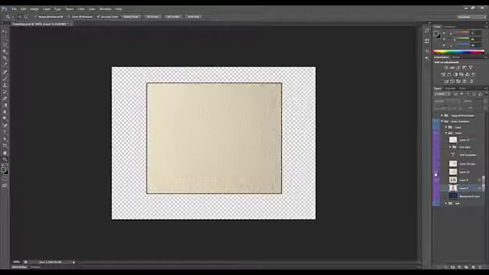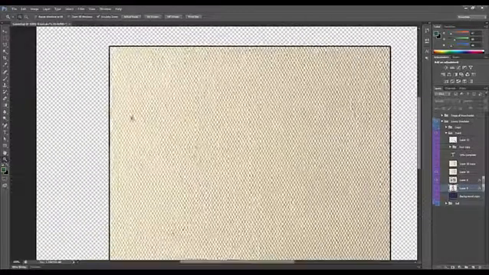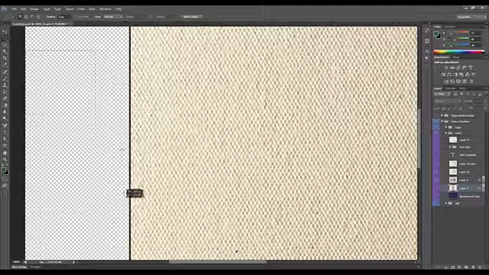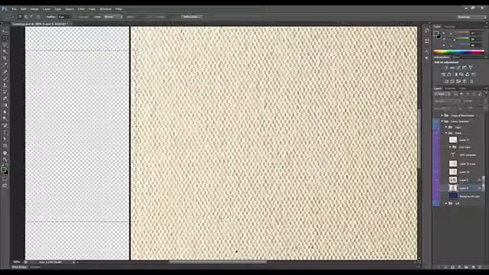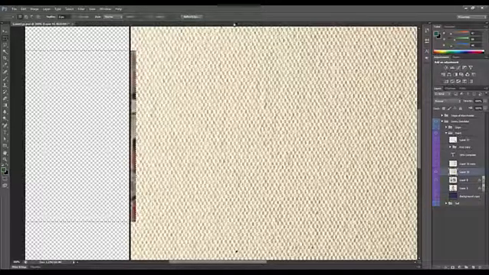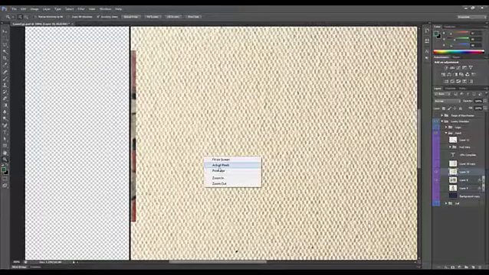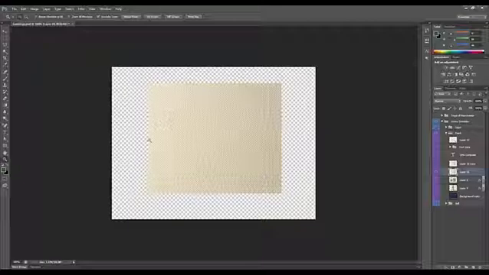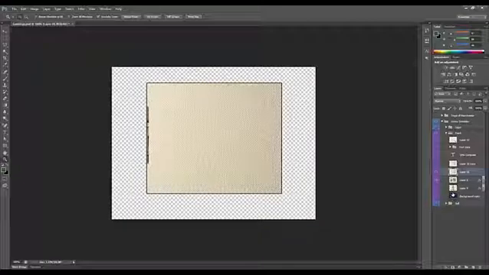So it took a little bit of care, and I zoomed in like that, and then I just used this marquee tool and cut off the sides. See, if I wanted to cut off a bit more, I could do that and press delete, and make sure I'm on the right layer, of course. There we go, press delete, and you can see it's cut off that bit of the canvas. So you can see the painting behind it, and that's how I got the side nice and sharp. So if I hide the painting, you can see the canvas is still missing a bit there. Now I'll undo that, because that's not what we want.